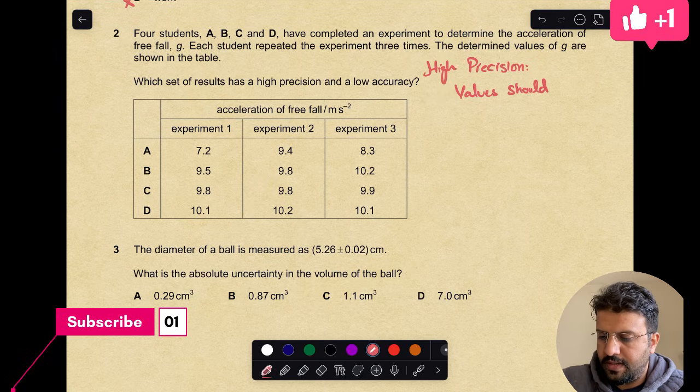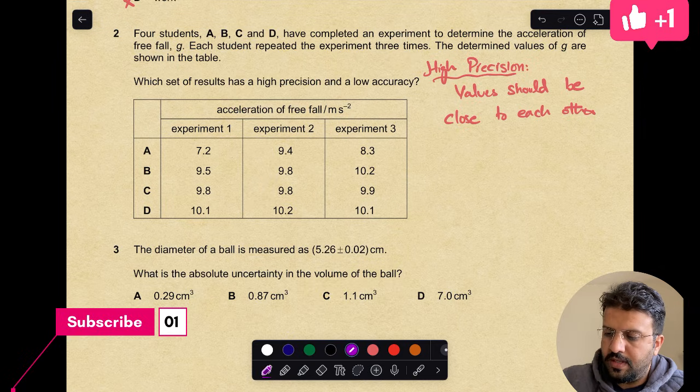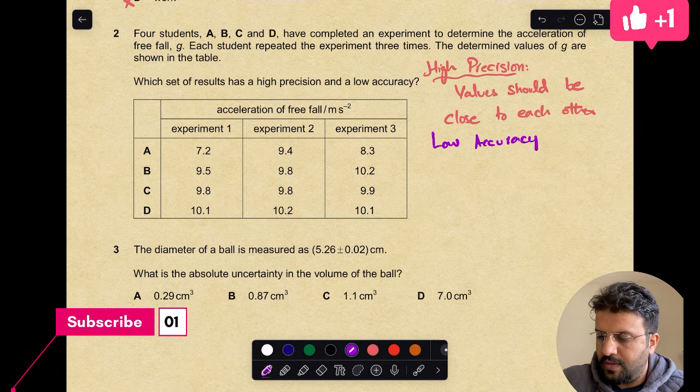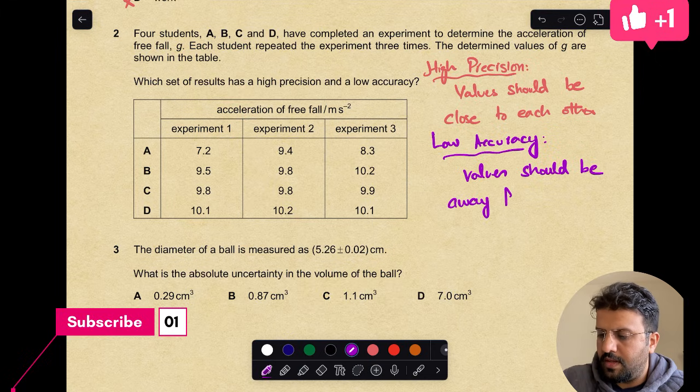High precision values should be close to each other. That's the first condition. And the second condition we have is low accuracy. Low accuracy means values should be away from the true value,